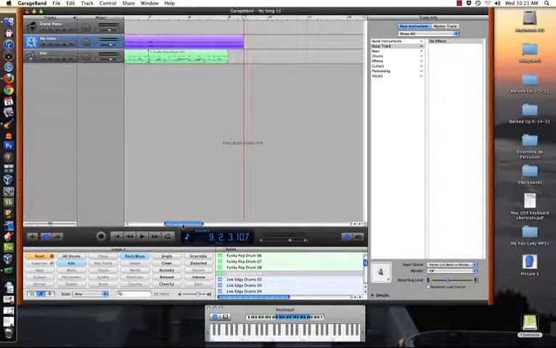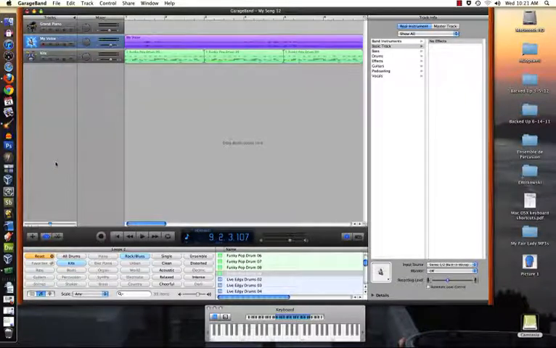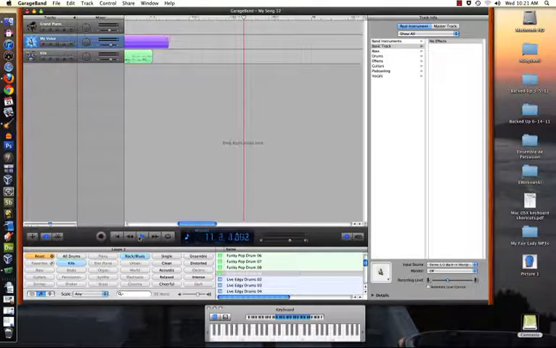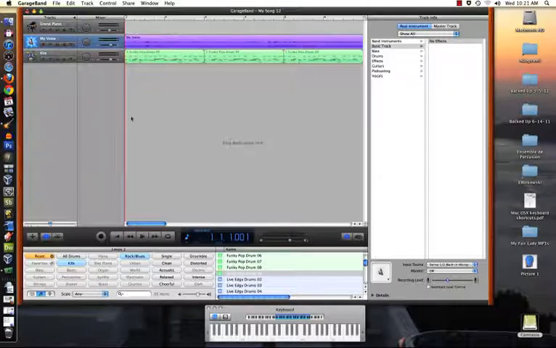Okay, so now I can go back and I can listen, and it's going to play both of my tracks. So here we go, we rewind and we hit play. By hitting that mute button, I just took my voice out. I can also take out the drum part at some point, or if I want to, I can also solo something, which is really useful when you've got multiple tracks going, which we're going to have in a second, because